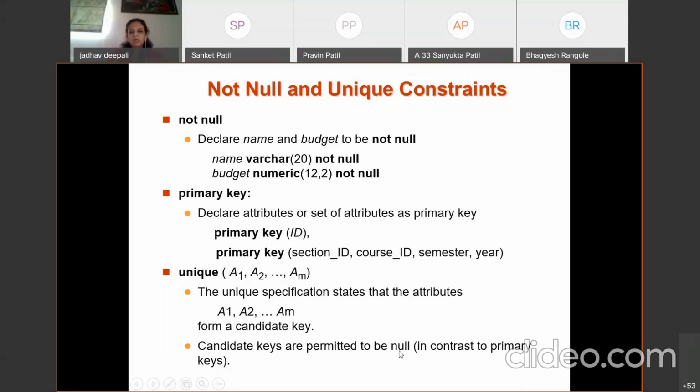Null values are allowed for the candidate key, while in primary key, once we declare it as a primary key, null value is not allowed. That is the difference between primary key and unique. Everyone clear? So unique is used to specify that the set of attributes A1, A2 to AM form a candidate key for that particular relation or table.